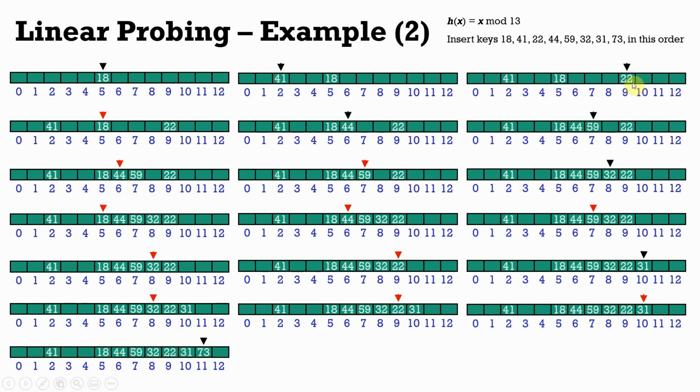22 is going to be stored here, right? Then look at 44. 44 mod 13 is also 5. 44 is 3 times 13 plus 5, right? So it has to be stored here, but this is already full. So 44 is going to be stored in the next one, and this goes on for other elements. And this basically shows you how we might end up with a cluster. Okay,